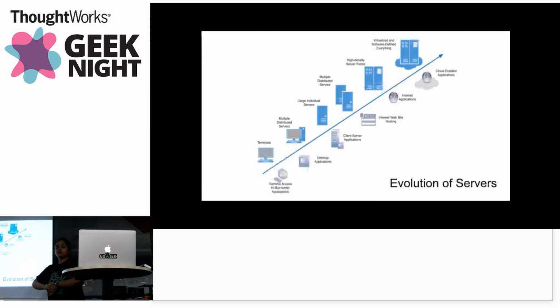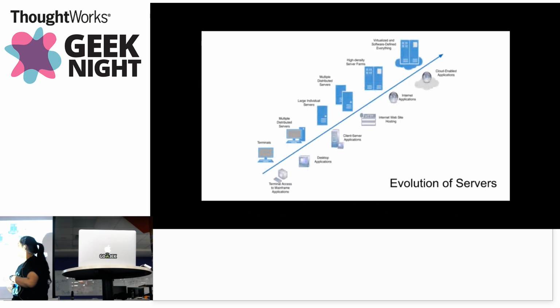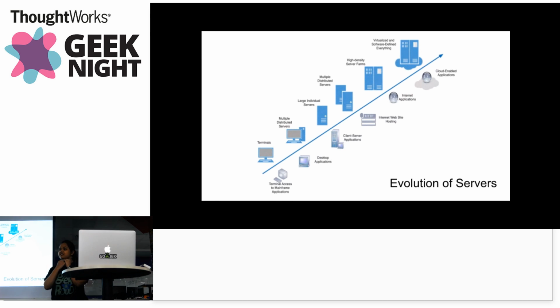Now, when we had mainframe applications, most of the access to it was via the terminals. That was the only way you could access. So where the machine is, that is where your terminal is, and that's where you access it. And with the PCs, there came desktop applications, which are accessible where the machine is, but desktop applications could be replicated on different desktops. But with client server applications came the need of servers. So the initial servers, called the bare metals, also the large individual servers, were just the physical hardware where we could deploy the machine. With internet applications, and as time evolved,